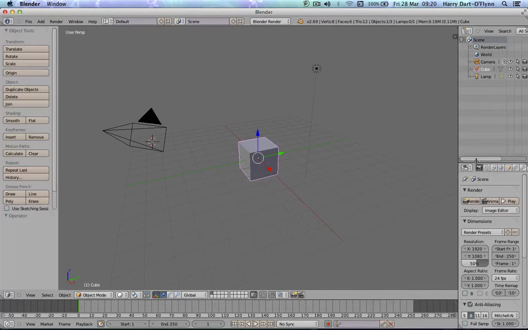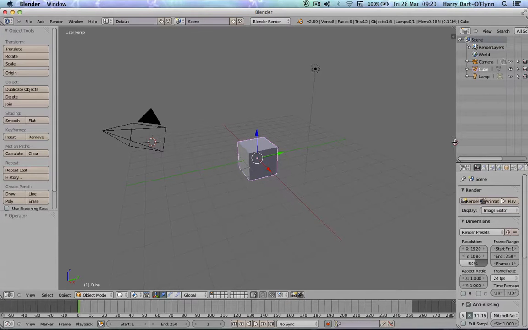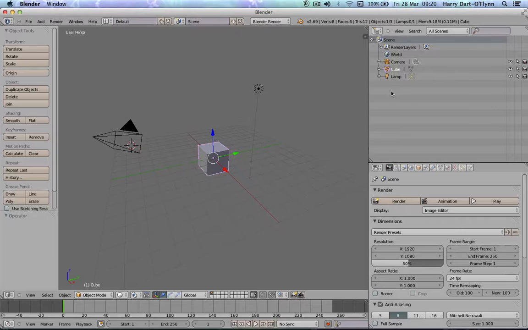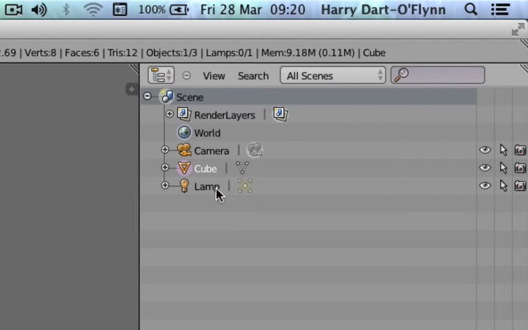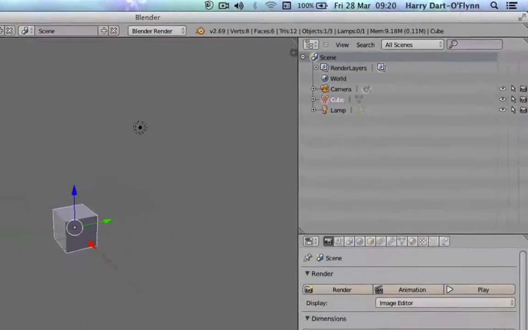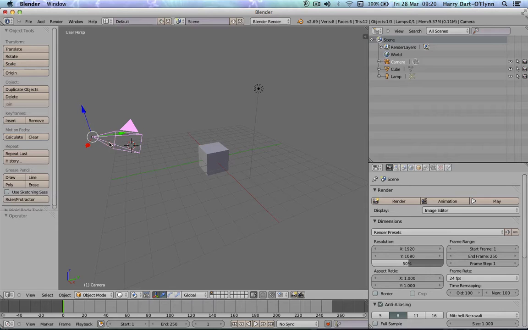the PVR GeoPod. The things that are exported from the Blender file can be seen up in the outliner, and it's basically what's on the screen here. So we have a camera, a cube, and a lamp. Now we know inside the template project there's already a camera, so we're going to delete that by right selecting and pressing X, and there's already a lamp, so I'll right select that and press X,